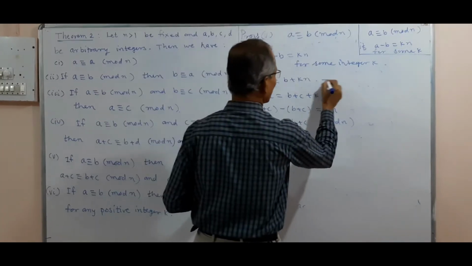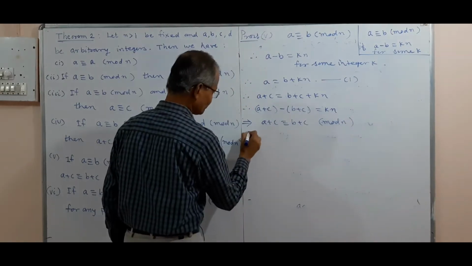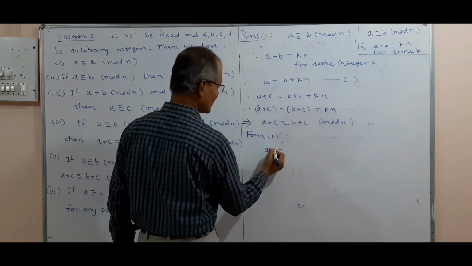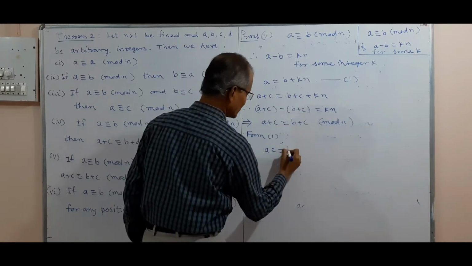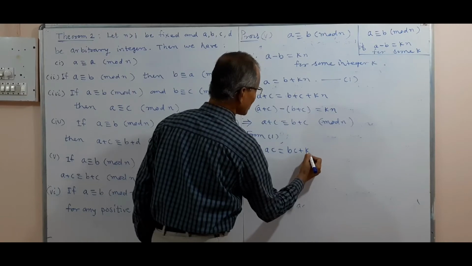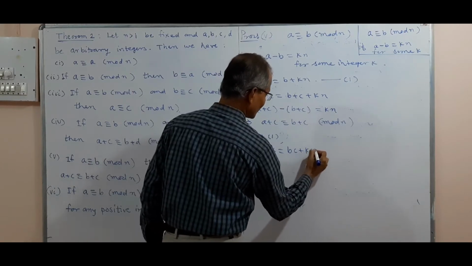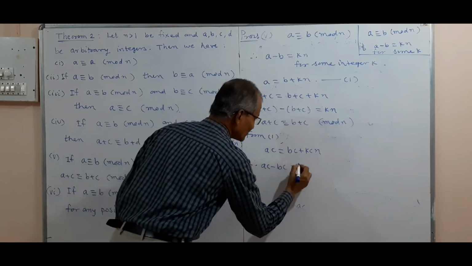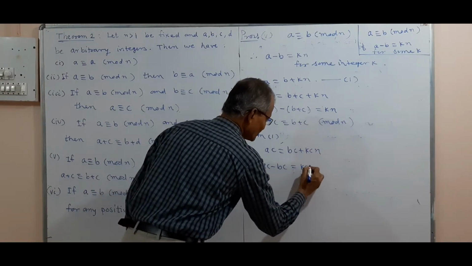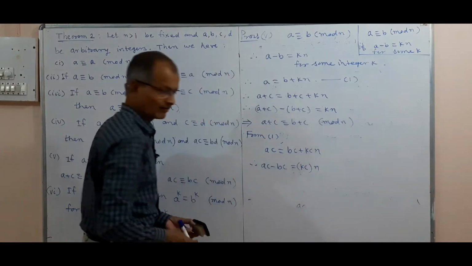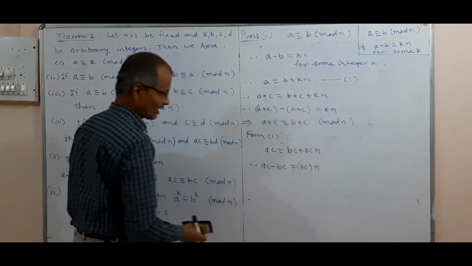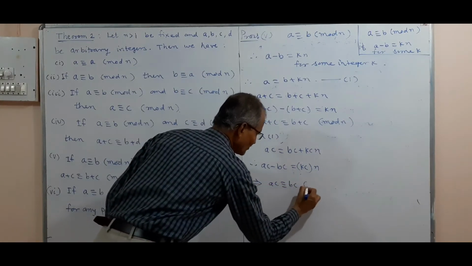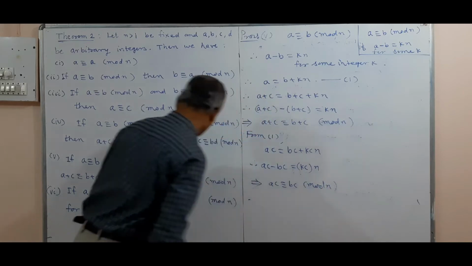We may suppose A minus B is equal to K into n. What we have is A into C is equal to, multiplying by C on either side, BC plus KCn, and this implies AC minus BC is equal to KC into n, or that is a multiple of n. This difference is a multiple of n, and thus this implies AC is congruent to BC modulo n, and thus proves